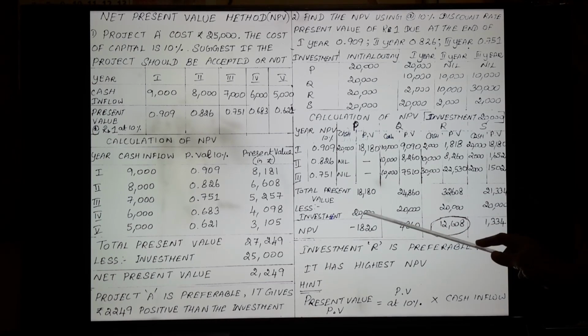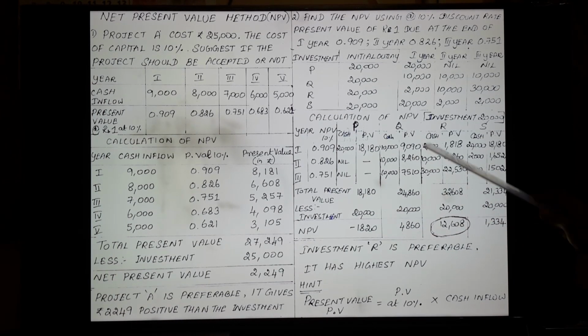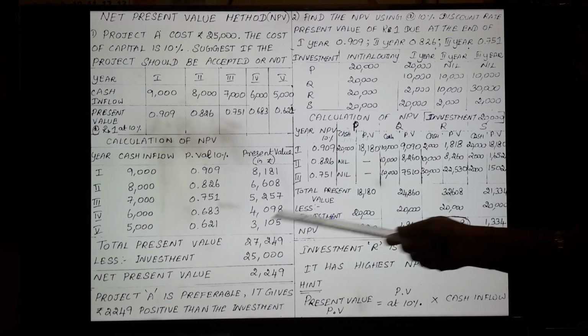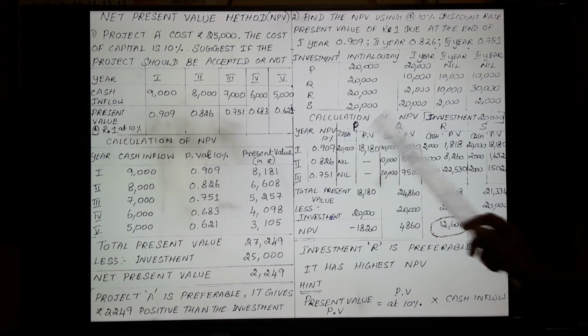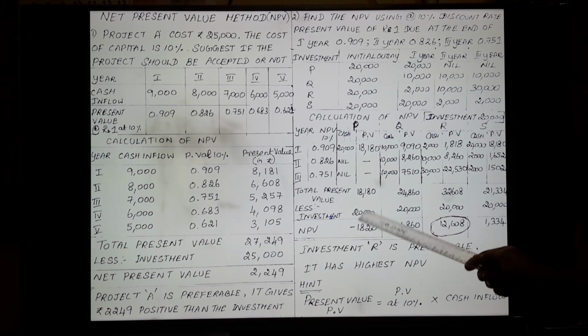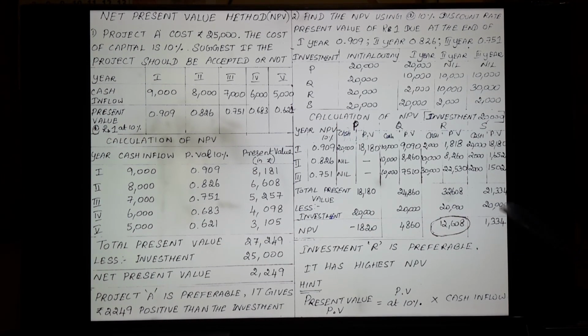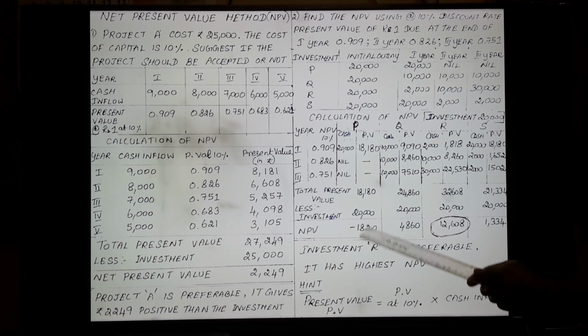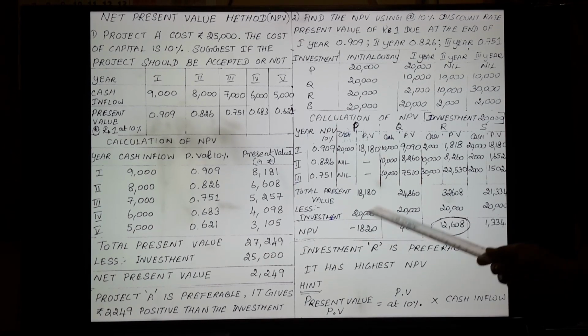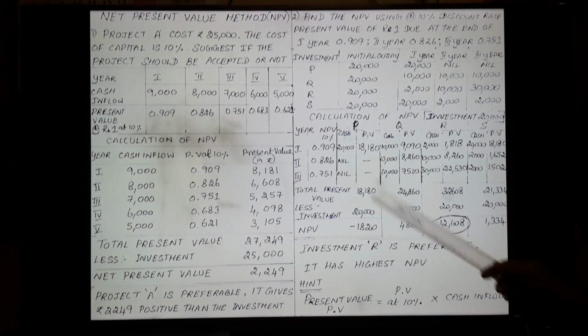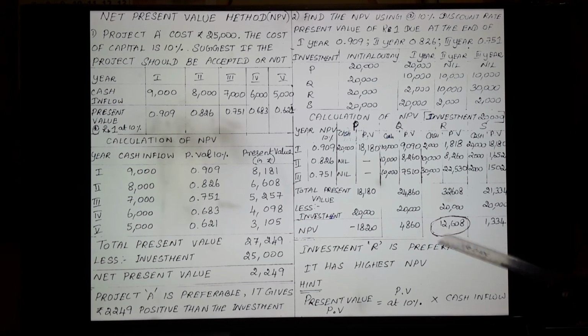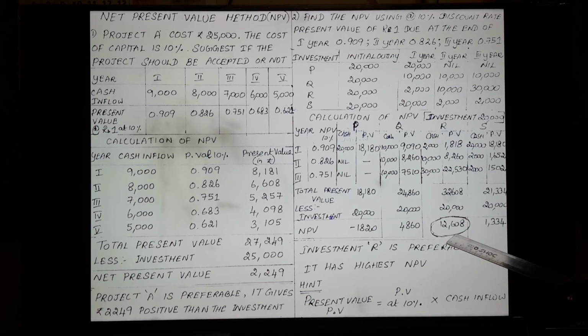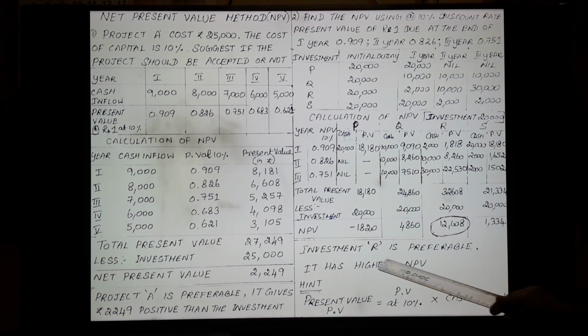The total present value, what do you get? This column, 18,180. When you add these 3, you get 24,860, like the same way. As per the format, you have to reduce the investment. In this problem, the investment is 20,000, which is constant. So from P, Q, R, S, you reduce 20,000. What is the net present value you get? Here, minus 1,820. See, it gives a negative value. That is, this project is not suitable. And the next one gives 4,860. And for project R, 12,608, which is really highly positive, so we prefer R and it has the highest NPV.